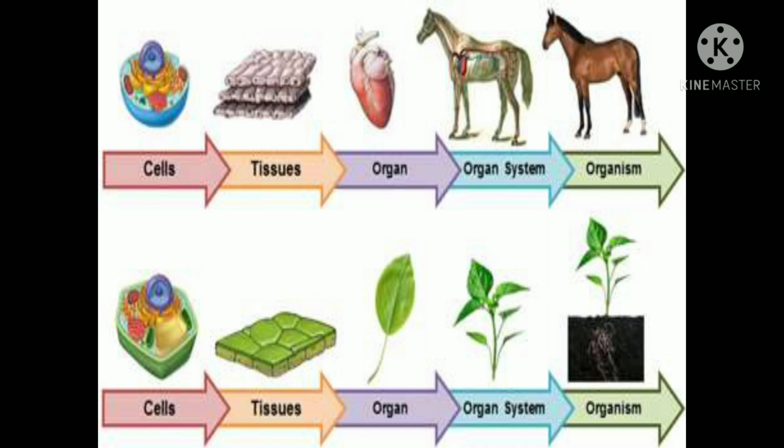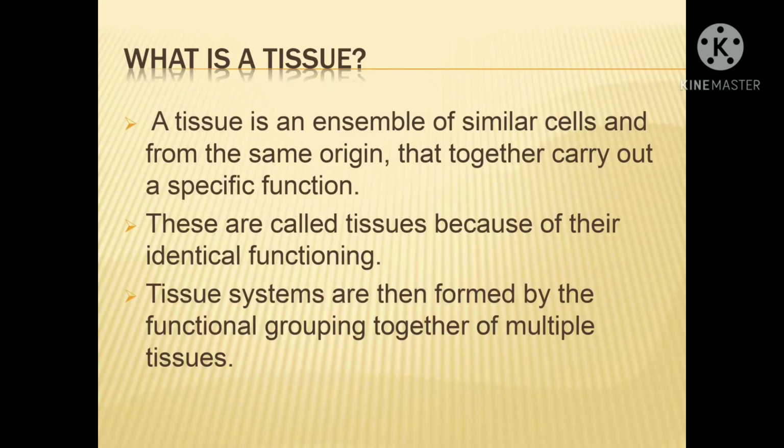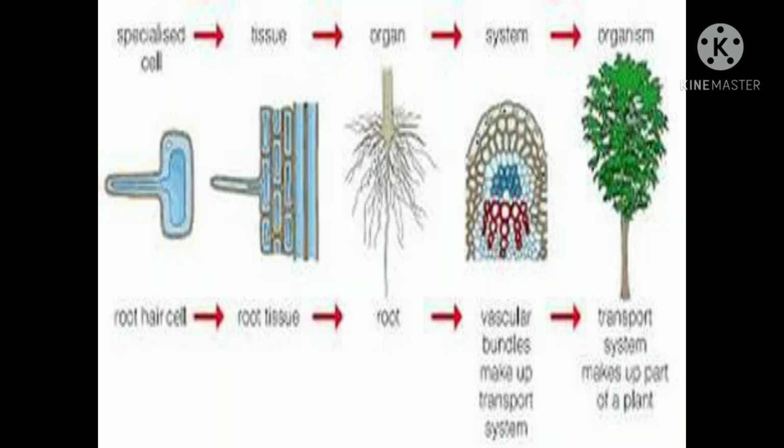So if you remember, a tissue is a group of cells that have the same structure and can perform the same or identical functions. Multicellular organisms have different types of tissues, both in plants and animals, and we will discuss only plants today. Plants have different parts, and all those parts are made up of different tissues. In plants, these tissues are classified into two categories.